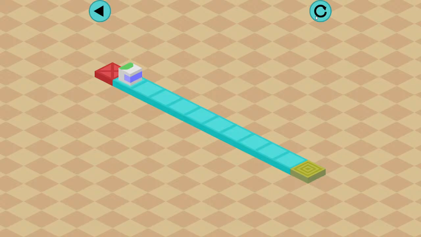I'm using a directional pad, my keyboard, to move around. It'd be nice if I could use my joystick, but I can't. I'm curious what technology this was built in. I'm sure it's probably Unity or something, but